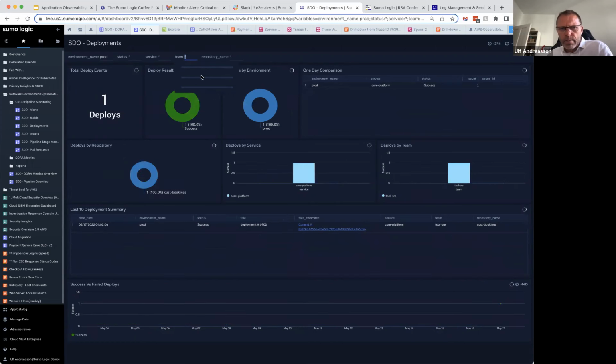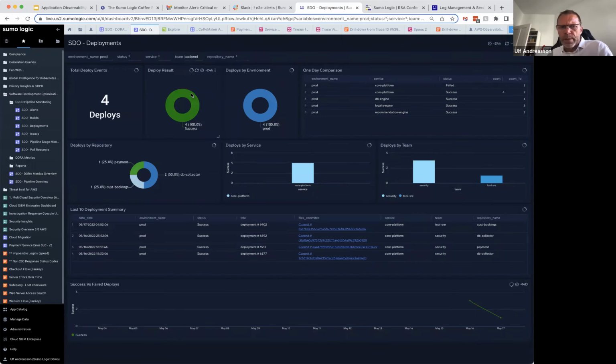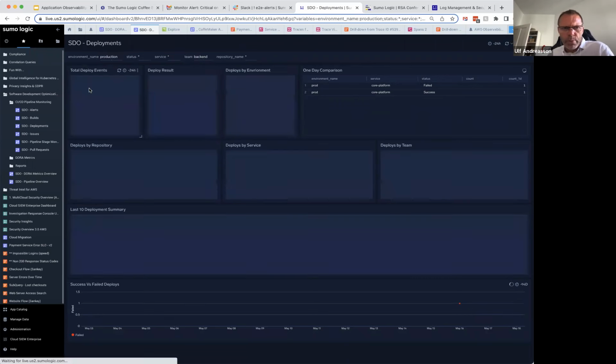Maybe take the back end, because that's where the important stuff is running in production here. This is just going to give me an overview of how many deployments we are doing and how many of those are successful. So just looking at prod, all the prod,